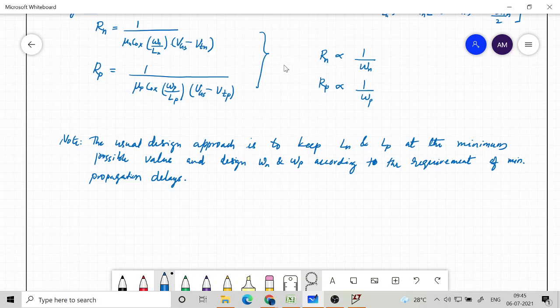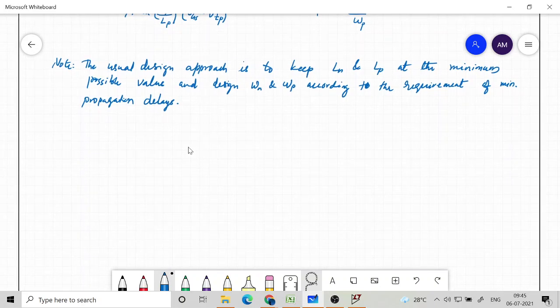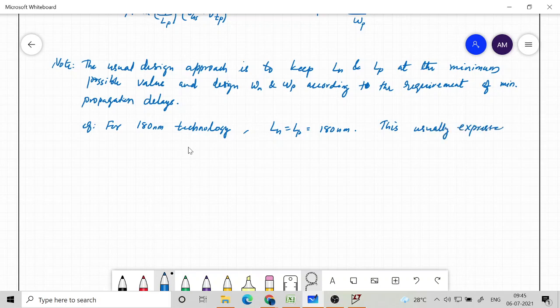For example, if you are working with a 180 nanometer technology, that means in the foundry where you make these devices in the chip, for 180 nanometer technology, Ln equal to Lp is taken as 180 nanometer, and this is usually expressed in terms of